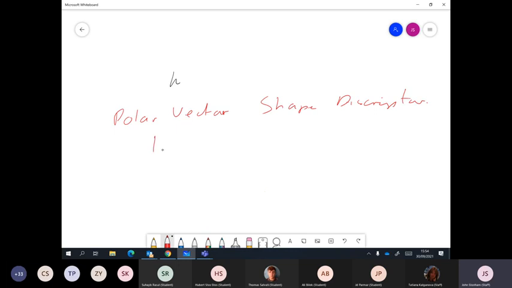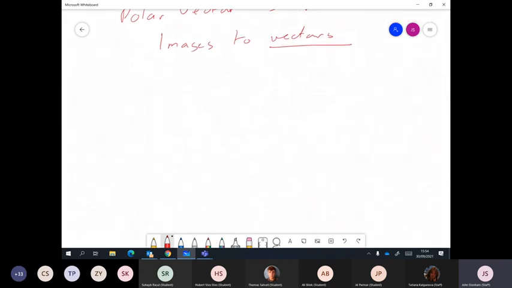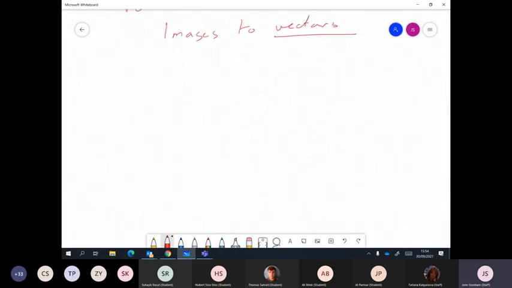And this takes images to vectors. And most of our neural networks and distance classifiers need vectors. This is the way you do it. Right, I've sort of run out of time. I think I better pack up there and we'll talk about the polar vector shape descriptor at the next lecture,